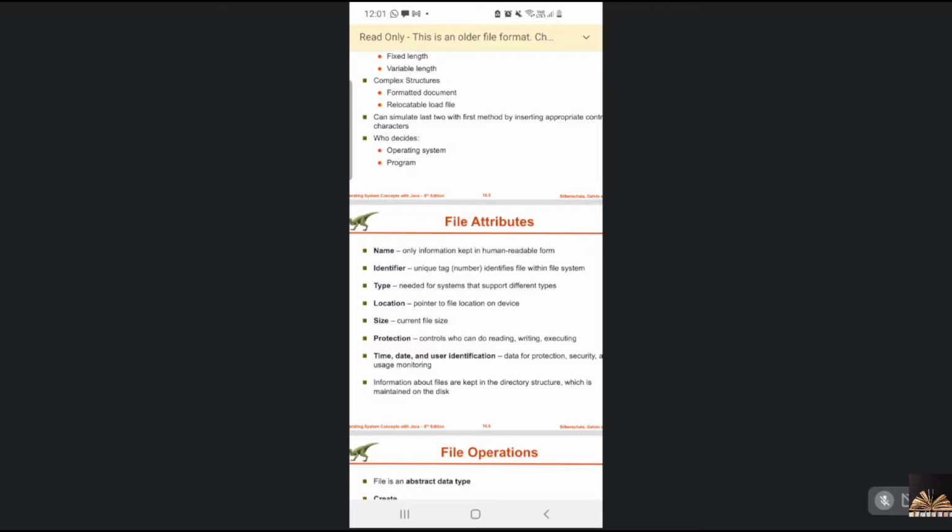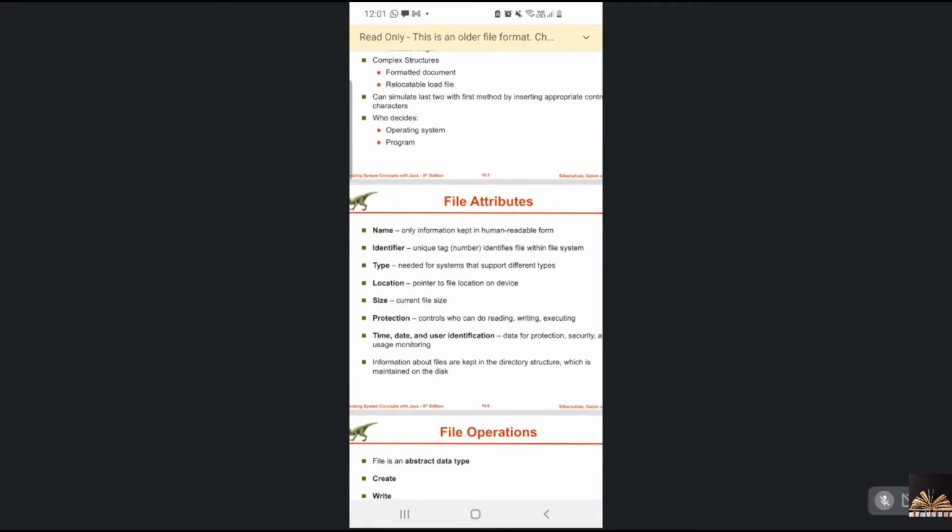Then the type of file, that means what type of file it is. You have so many different types of files, I will show you in the next slides. Then you have the location. You will have some path for the file, like C colon slash some folder, and that will be stored. And the size of the file.